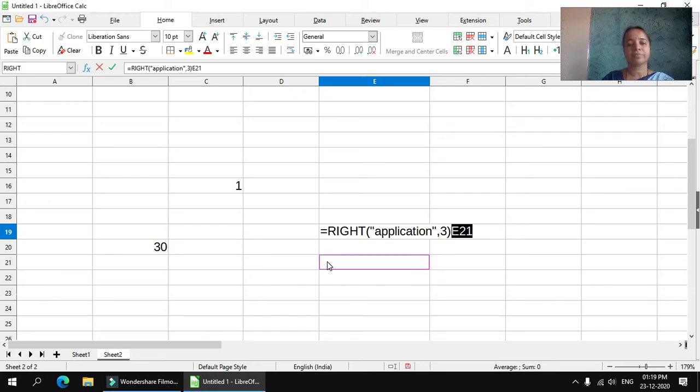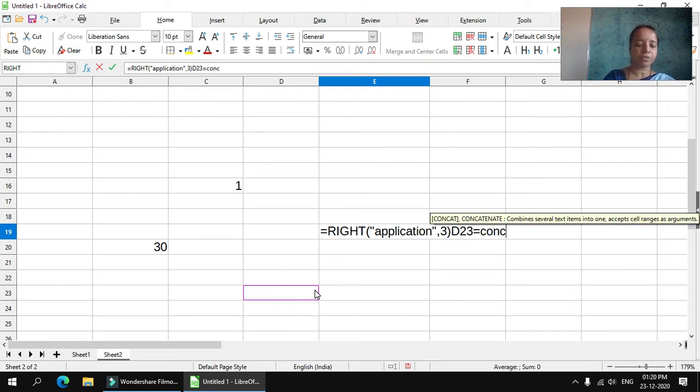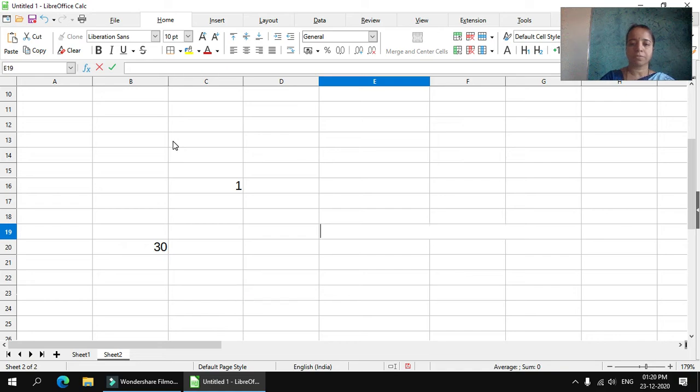The CONCATENATE function is also available, which joins strings. Equal to CONCAT. I know the function, so I am typing it. You can take it from the function dialog box also.